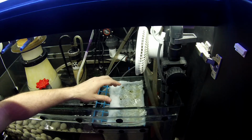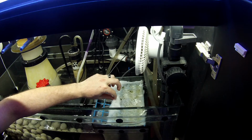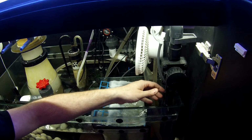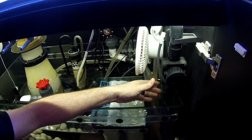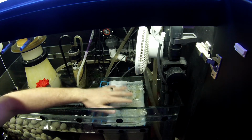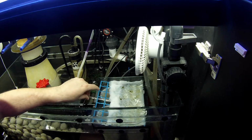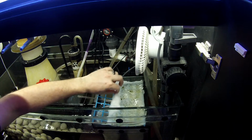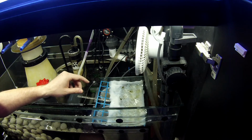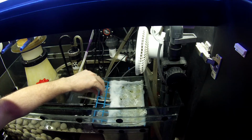But for me, what I would recommend is using these fleece bags and this polyester pre-filter. I'll maybe put the carbon, once it's rinsed really well, right down here where the water's coming down before this, and the bags will catch it before it hits the main system. It's going to be really hard for that carbon particle to get past the polyester, the fleece, and the protein skimmer. So anyways, I just wanted to show you this, how easy it is,